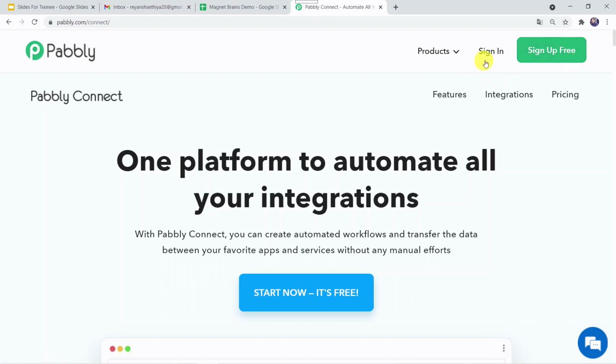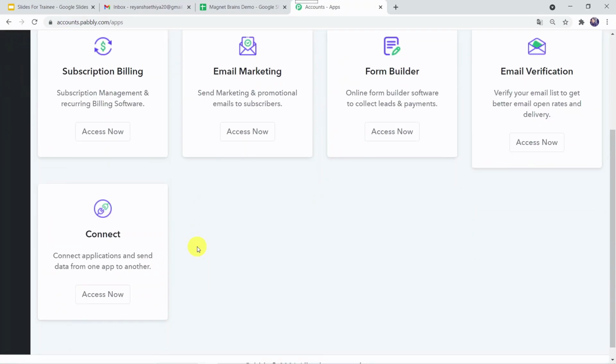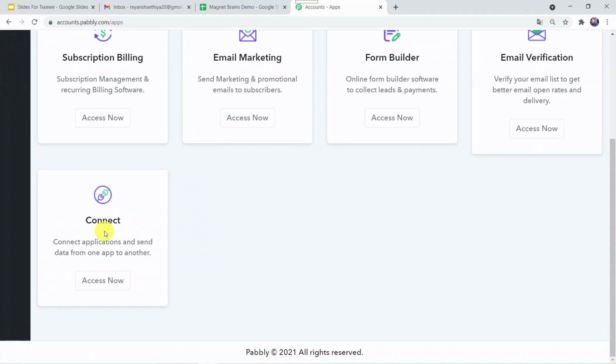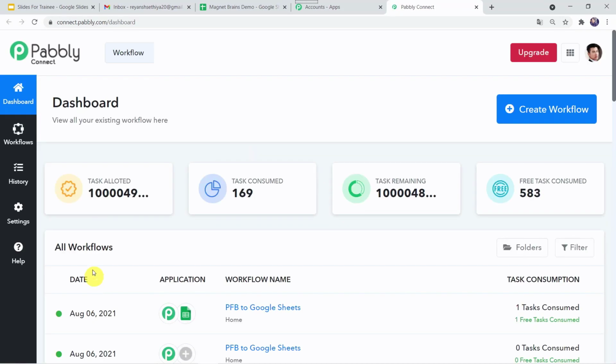As I already have an account with Pabbly Connect, I am just clicking on the sign in option. Here we have to scroll down to connect and then click on access now. Now this is the dashboard of Pabbly Connect.